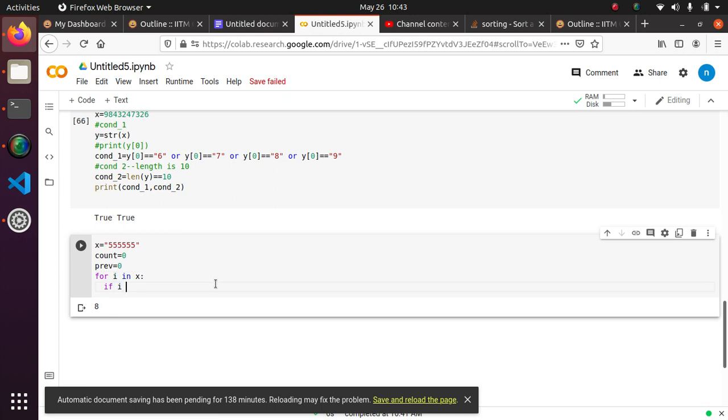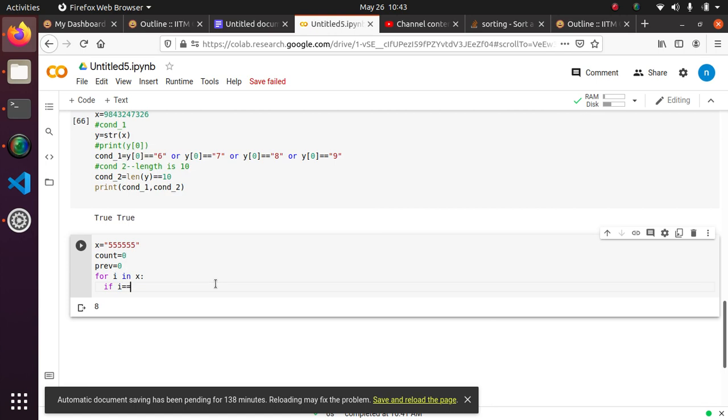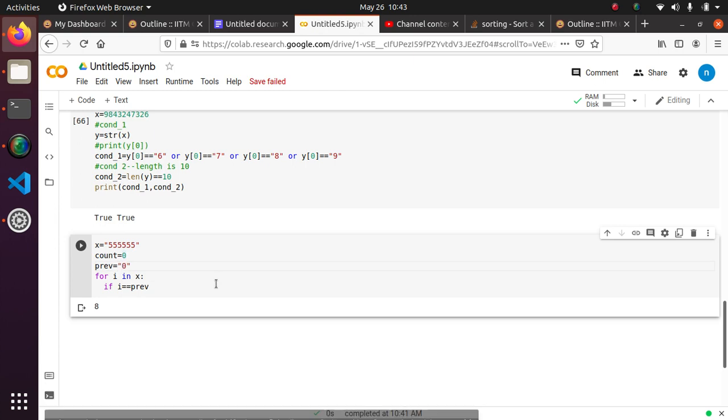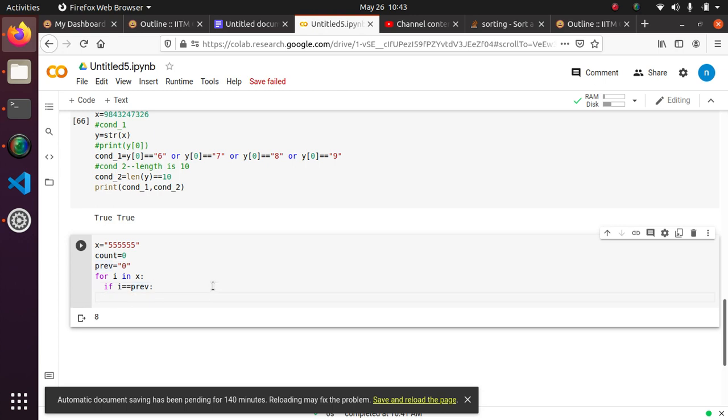For i in x, if i equal to prev, but the previous number should be a string, not an integer. Note that. If i equals prev, then count plus equal to 1.